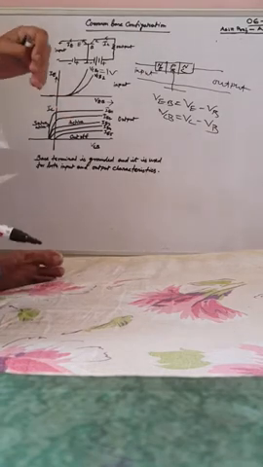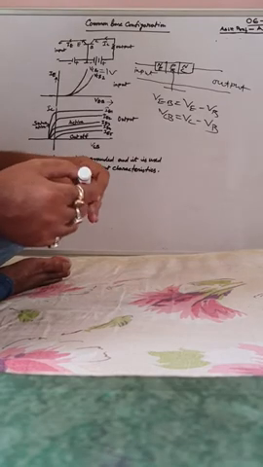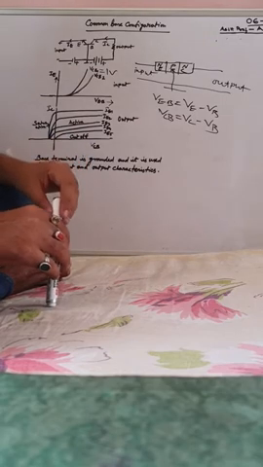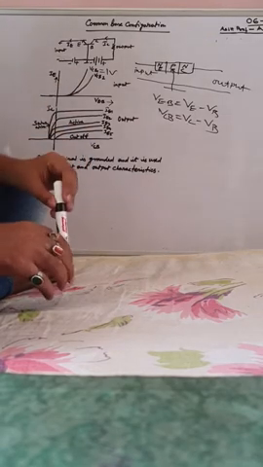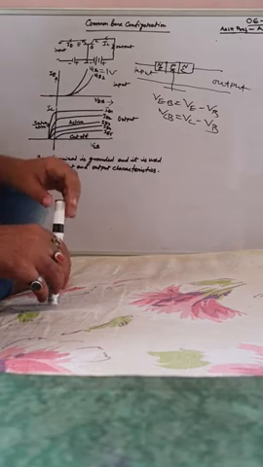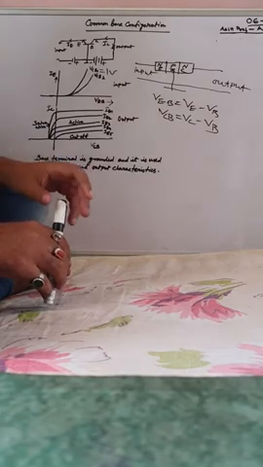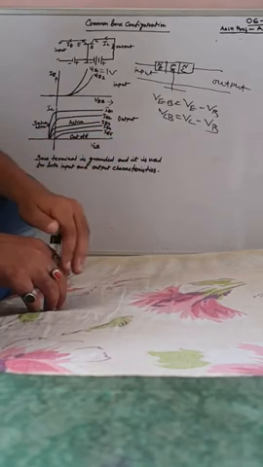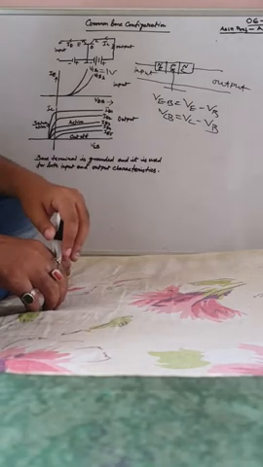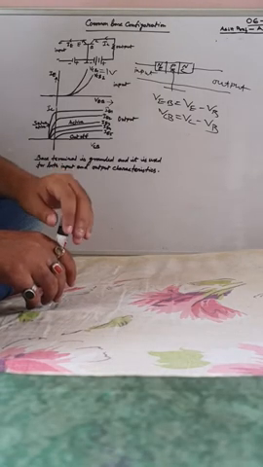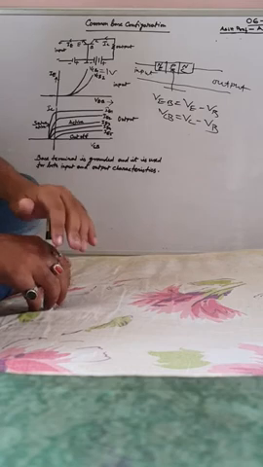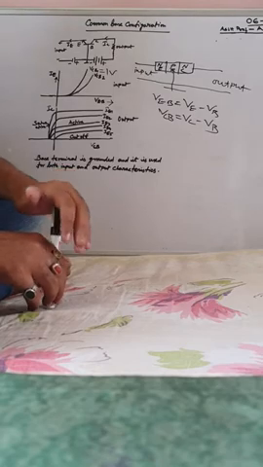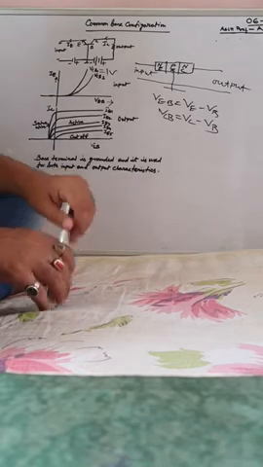In common base configuration, it may not come deeply in the exam. In your exam, they may ask you to design the common base configuration circuit, or to show the input and output characteristics. But basically, you should focus on the common emitter amplifier, learning Q points and stability factor. From tomorrow onwards, I will show you 2 to 4 circuits. Today is Thursday, so tomorrow is Friday and Saturday. I will show you 2 and 2, a total of 4 circuits, how to calculate the stability factors with this formula.